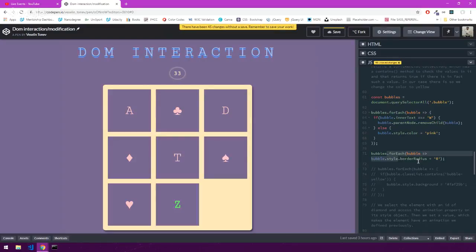And there we go, they're now squares. The border radius property is used to define a circle, and if you set it to 50%, you'll get a clear circle. But if you set it to 0, you get this square-looking element here. And finally,